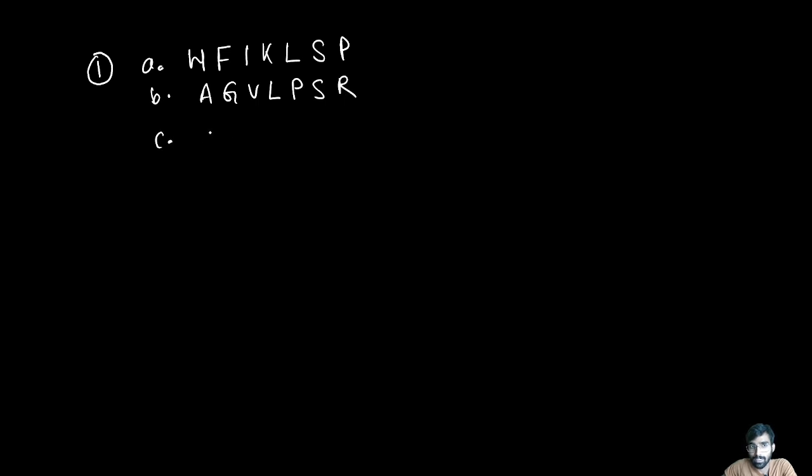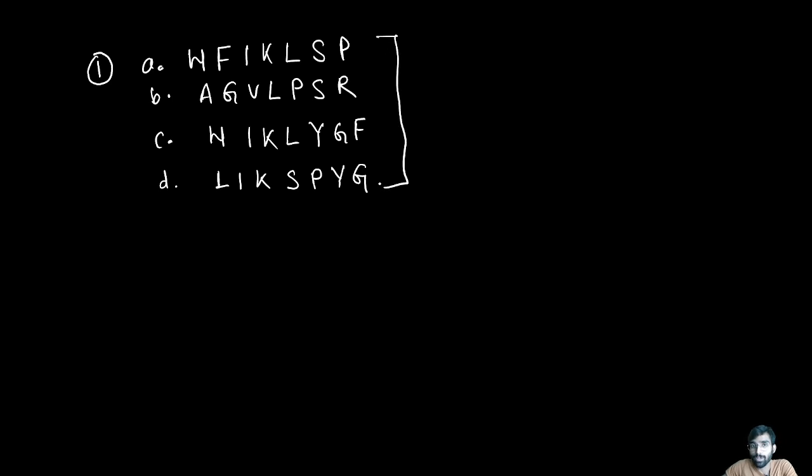C is W, I, K, L, Y, G, A. This is another peptide. And then L, I, K, S, P, Y, G. Which of the following will show the highest A280 value? That same question was asked in IIT JAM